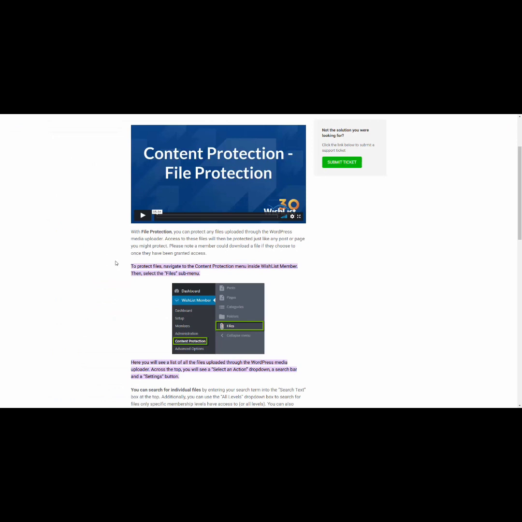But you're looking at Wishlist Member, and one of the things you'll notice is that for file protection to work, you will have needed to upload the files through the WordPress media uploader. And that's a specific way of being able to upload a file. And then if you've done that, then you can undertake the file protection using the methods that they give you